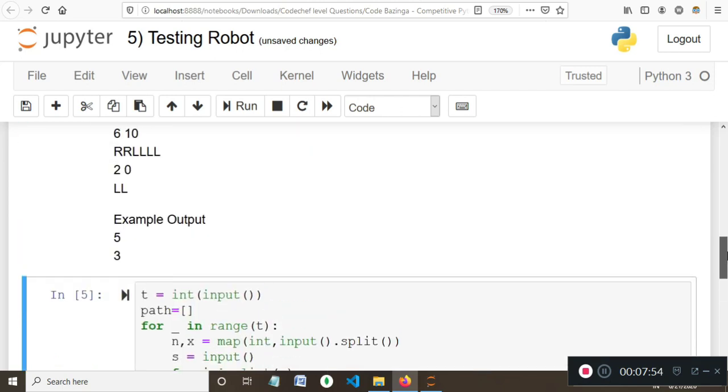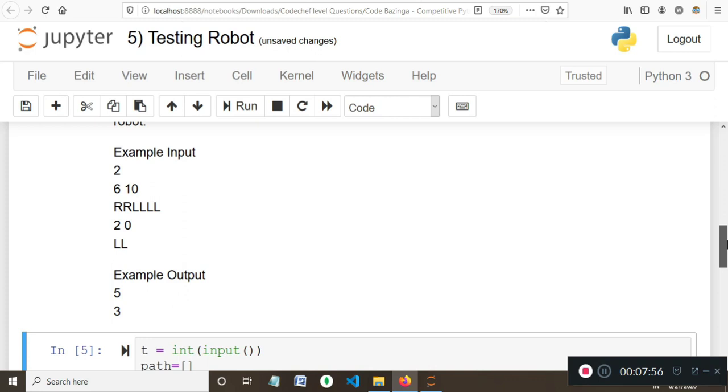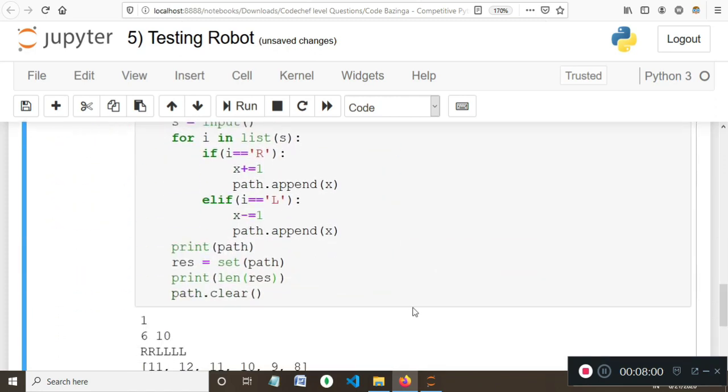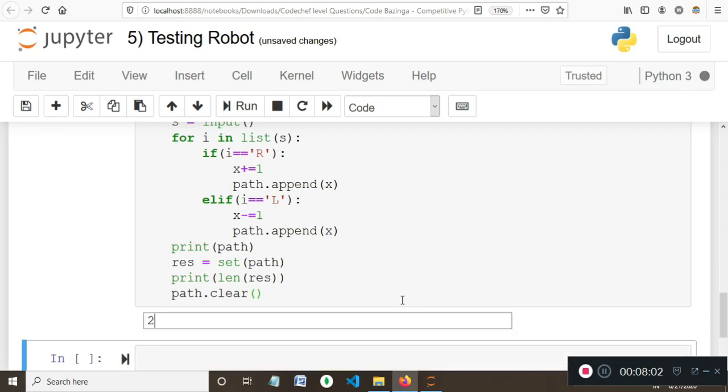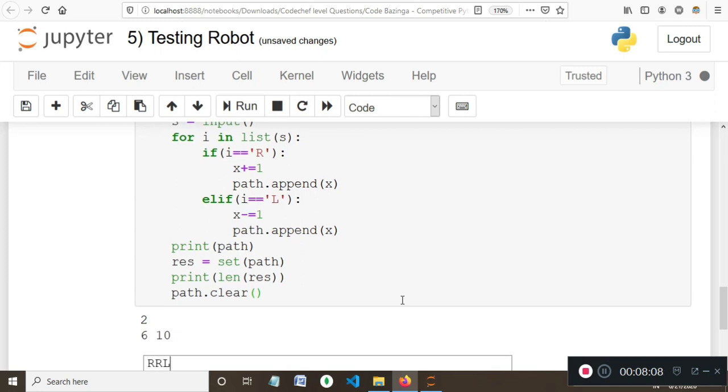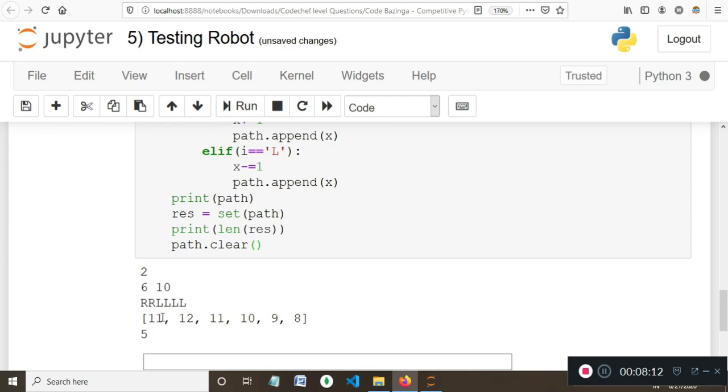Let's try to fit the code into both the test cases that were given initially. So the first test case is 6 and 10, and the string is RR followed by L 4 times. So this gives 11, 12, 11, and the distinct points that the robot has passed through is 5.